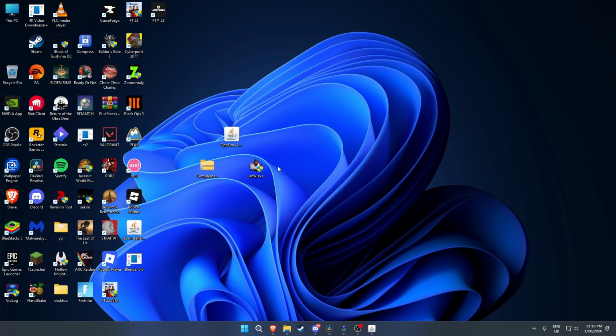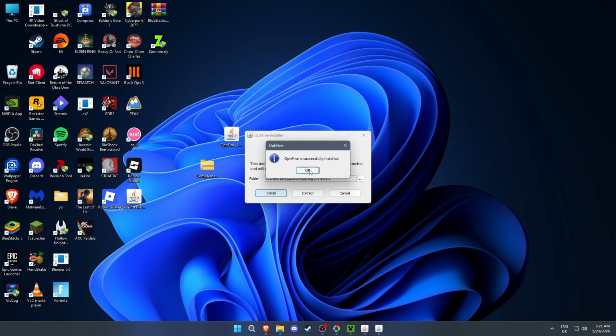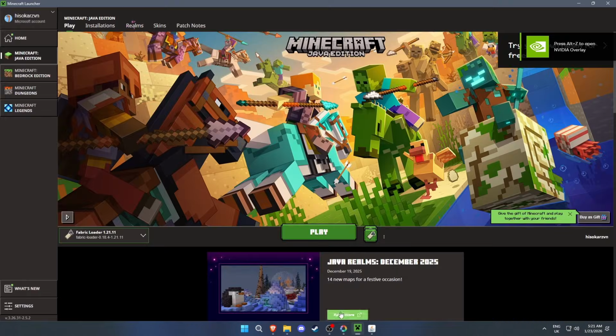What JarFix does is it relinks Java and jar files together, verifies them so everything can run smoothly. You should open OptiFine, hit install. OptiFine is successfully installed. It's going to happen very quickly, and then we can go ahead and open our Minecraft